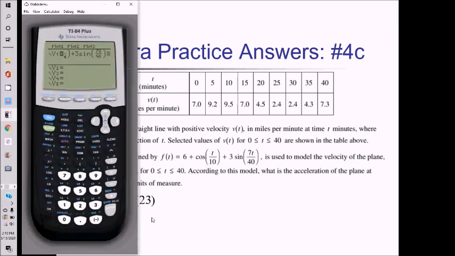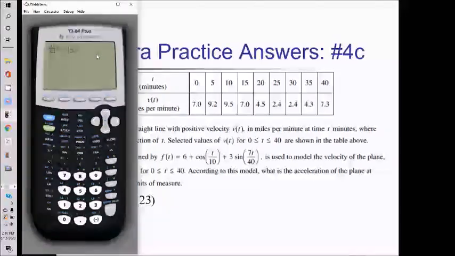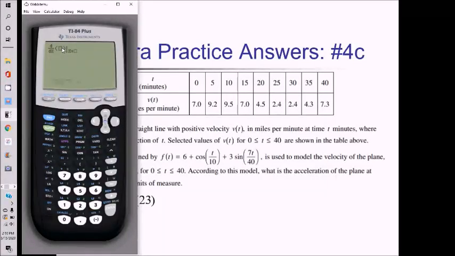So here I am on the y equals of my calculator. I've entered f of t as my y1. Quitting out of there now, I'm just going to take the derivative, so math 8 of, let's see, put an x down there, and now I'll do alpha trace y1. So I'm doing math 8 derivative of f of t, and then I'm going to use an x value here of 23, because that's what I wanted to plug in. We're doing f prime of 23, and that's going to come out to about negative